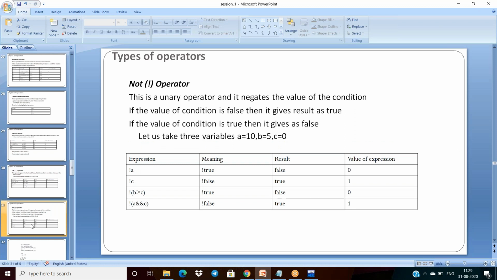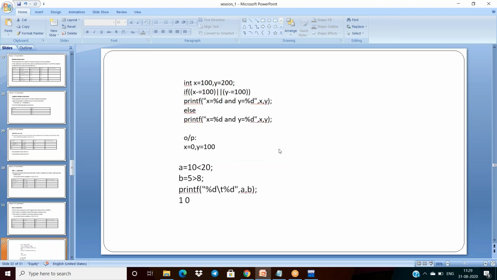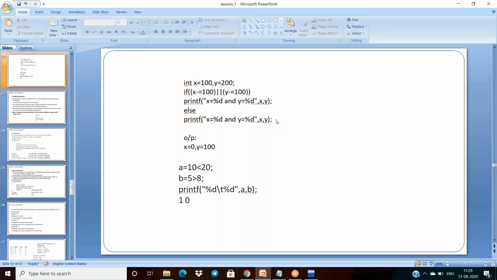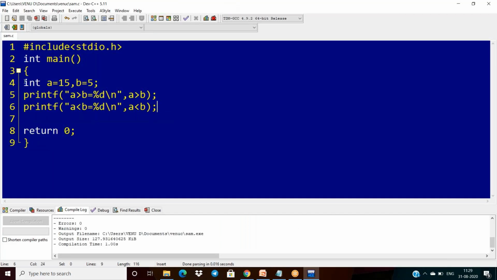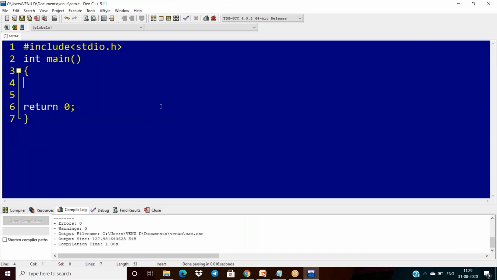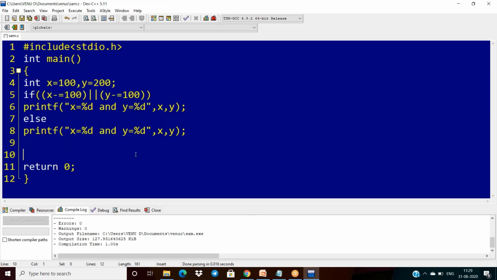Now, after OR and NOT, I have to give the example here. I want to give the proof also. For the example of logical OR, I am taking if else.